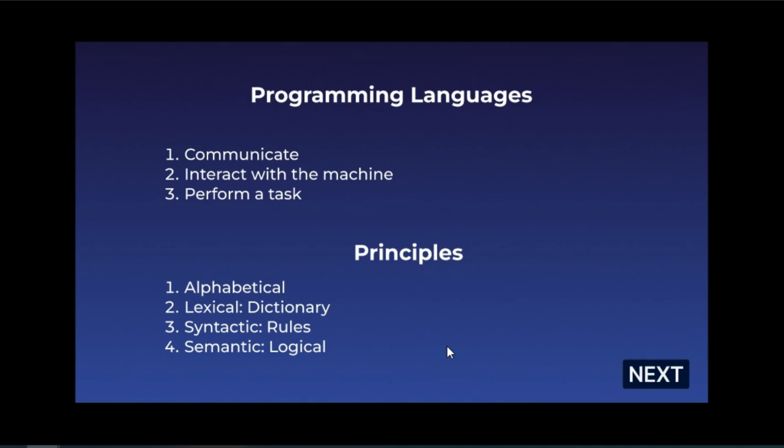Now lexical. What that means is that every programming language has a dictionary of its own. For example, in Python, we learned print. The print function has a certain way of being written and executed, right? If it's spelled wrong, it won't recognize it. And it's also case sensitive, so if any one of the letters is capital, it won't recognize it, right? That's what the dictionary is. There are certain keywords reserved for Python to understand, and we need to know how to use them and when to use them. So that's the dictionary.